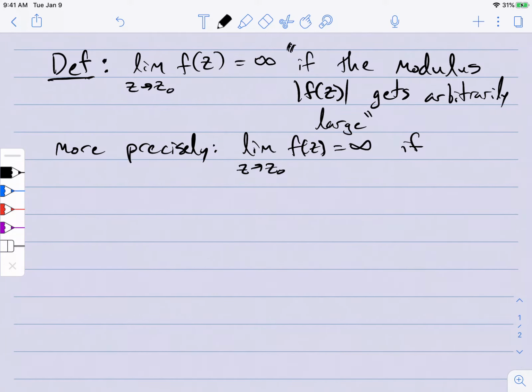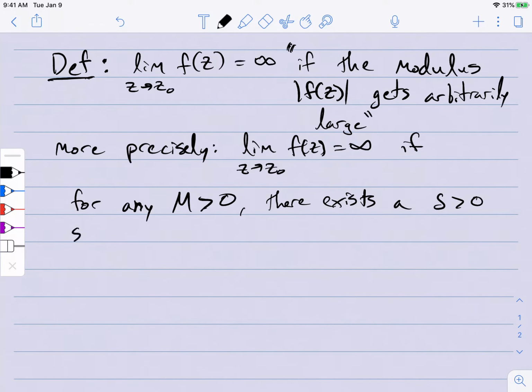So we say for any M greater than 0, and I use M instead of epsilon to remind myself that I'm thinking of M as a really big number, whereas usually epsilon denotes a small number. So for any large real number M greater than 0, I can find a delta, usually delta is small,